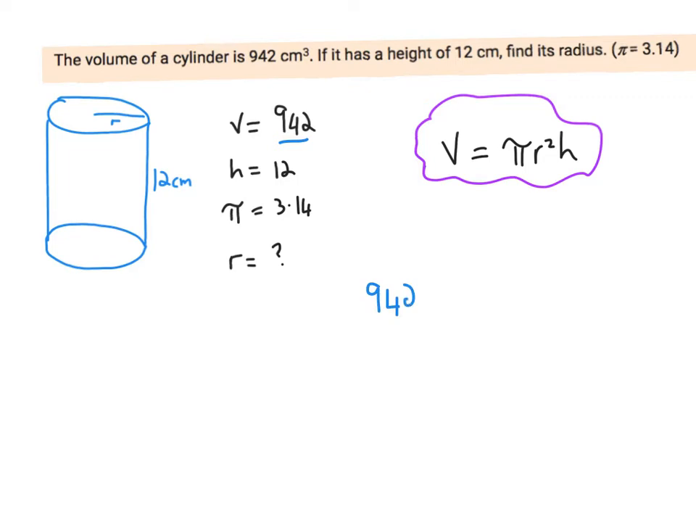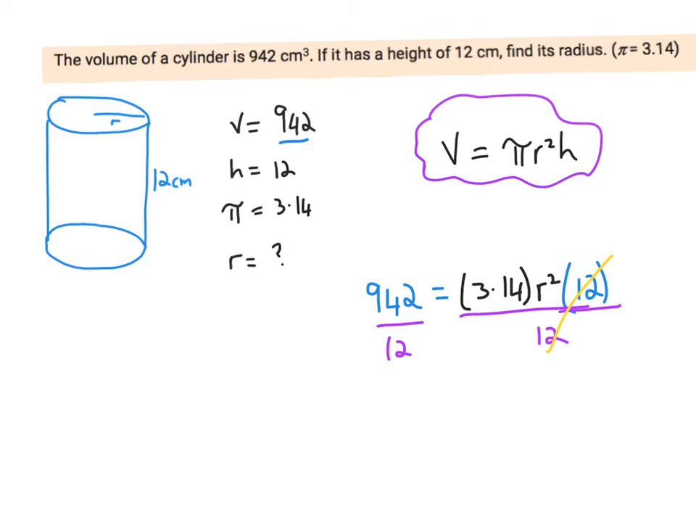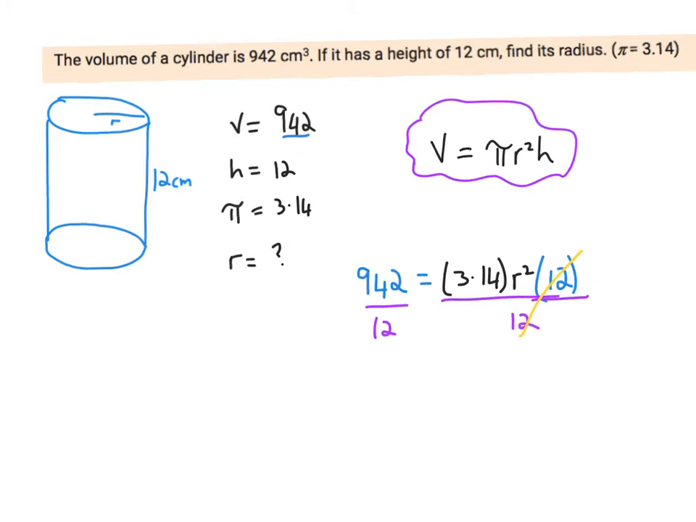And so subbing into our formula, the first thing we have is 942 is equal to pi, we were told was 3.14, times r, we don't know, so we're still going to call it r squared, and times h is 12. So here I'm going to divide by 12 to get rid of the 12 there. So these cancel. So 942 divided by 12 gives us an answer of 78.5, and that's equal to